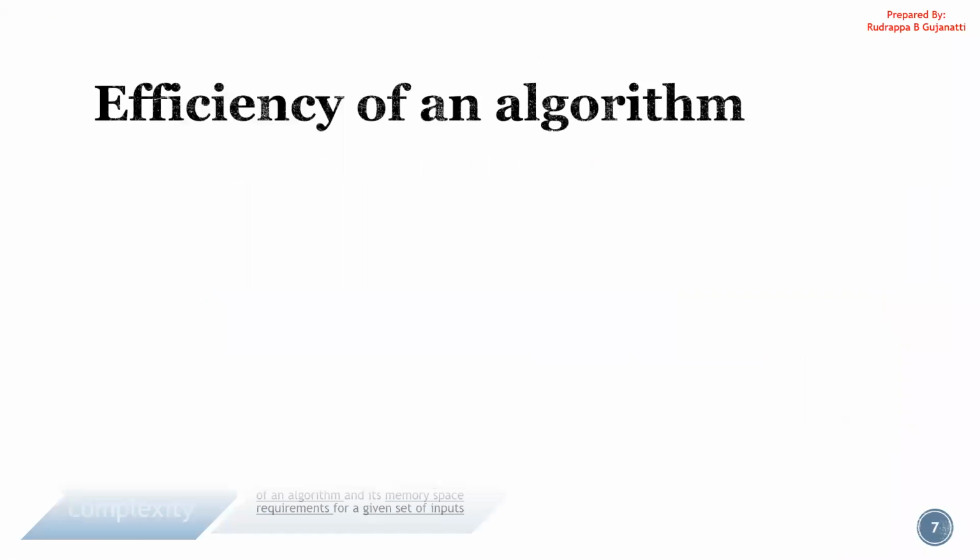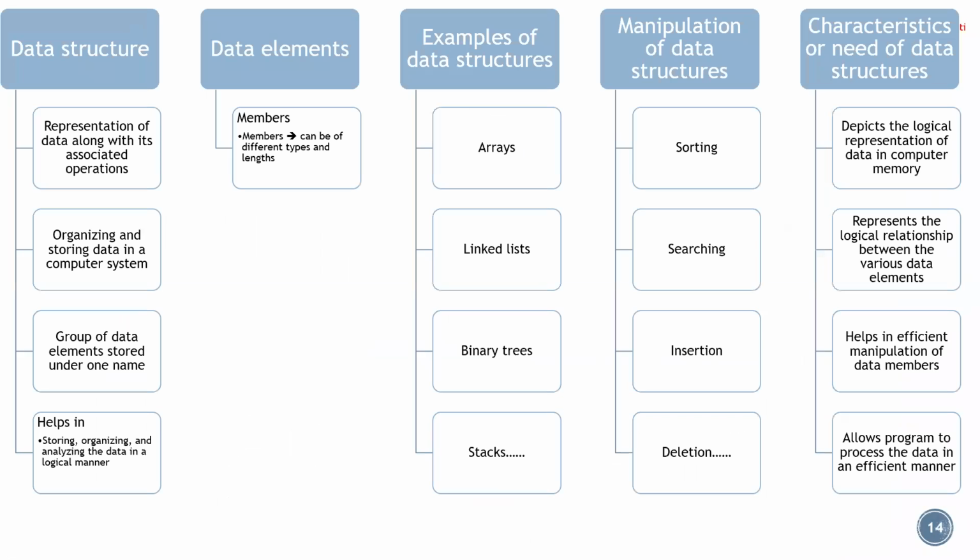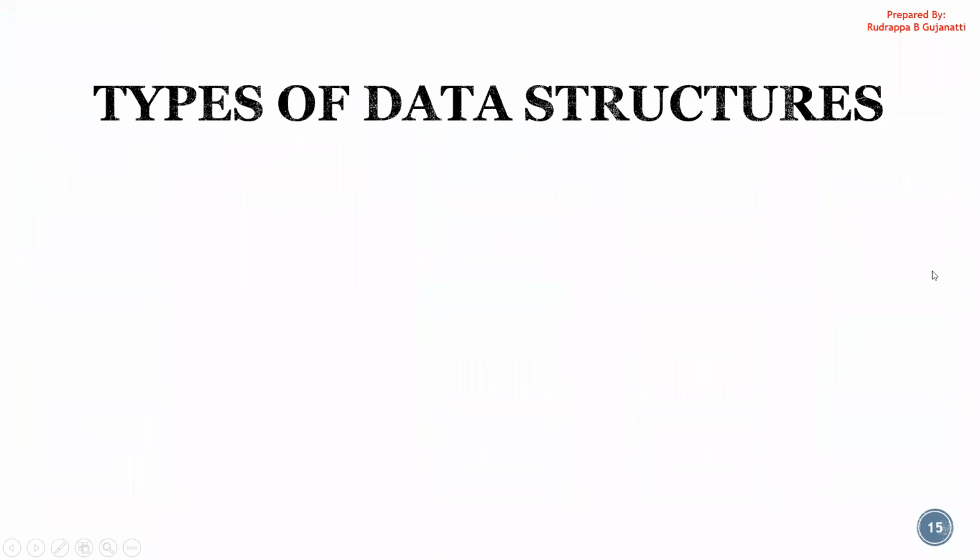In previous sessions, we started a discussion with respect to algorithms, and we also saw a few of the asymptotic notations, and we solved few problems pertaining to those. And in yesterday's session, we had a look at what is a data structure, what the data elements are called, that is the data members, what are the examples pertaining to different data structures, then what all operations we can perform on the data structures. There is a manipulation, what is given over here. Then what is the characteristics of a data structure. So these are the things of what we had seen yesterday.